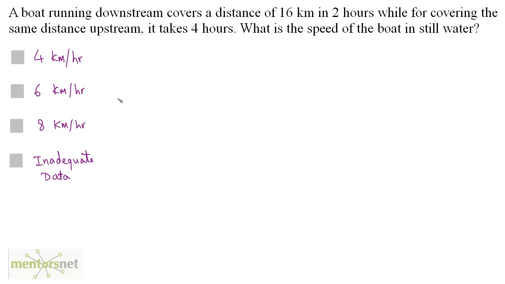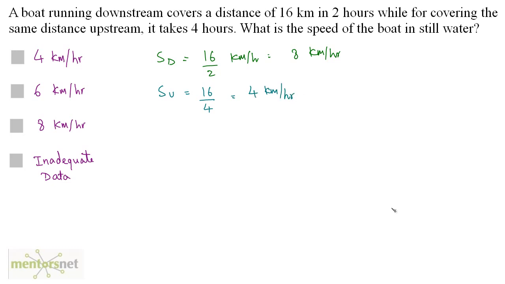A boat running downstream covers a distance of 16 kilometers in 2 hours, while for covering the same distance upstream it takes 4 hours. What is the speed of the boat in still water? So the boat running downstream covers a distance in 2 hours. So the downstream speed is equal to 16 by 2 kilometers per hour, and that's 8 kilometers per hour. Now, while covering the same distance upstream, it takes 4 hours. So we can calculate the upstream speed, that's 16 kilometers by 4 hours, and that is equal to 4 kilometers